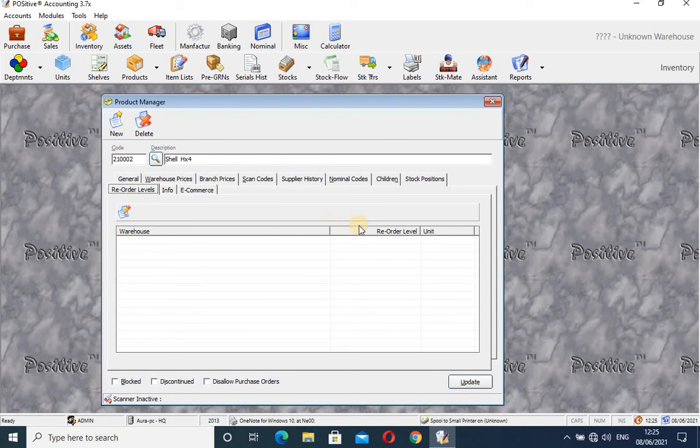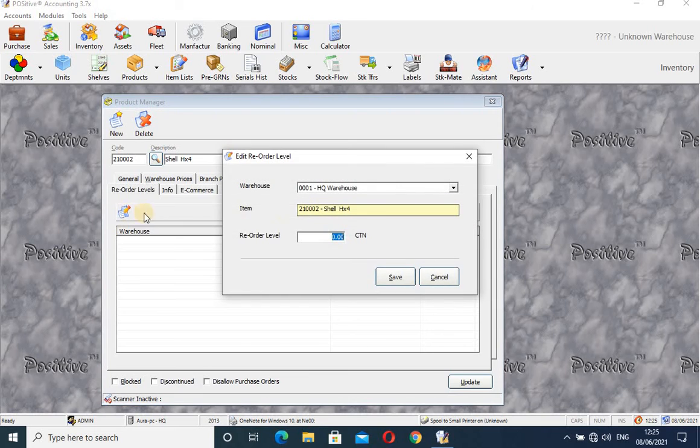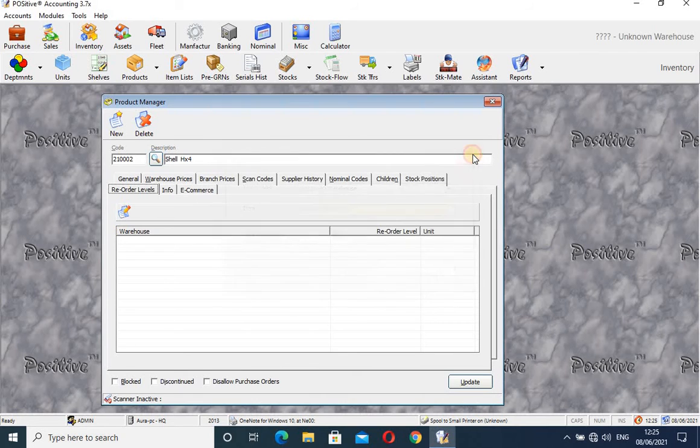So with the reorder levels, you are able to check the reorder levels. Here you can check the reorder levels, and you can also set the reorder levels so that once stock reaches that amount, you are prompted to do LPOs. And of course there are